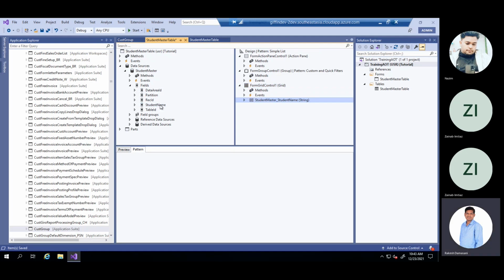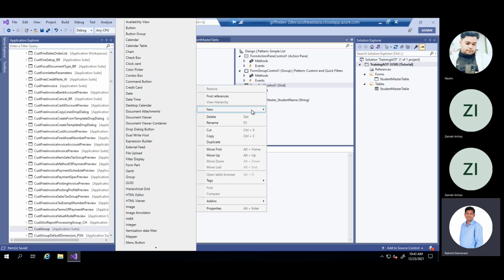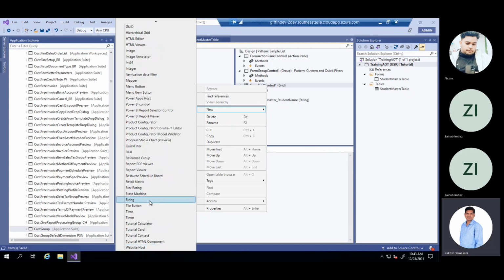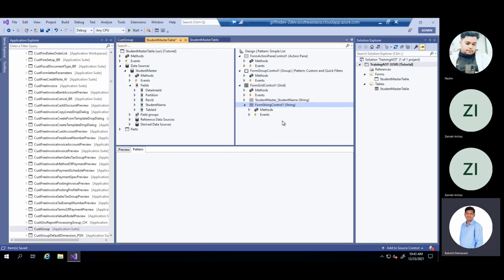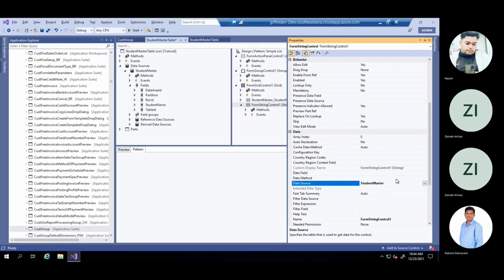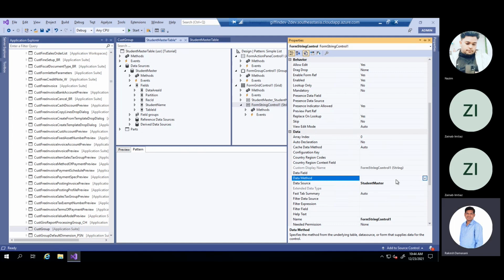Either you can directly drag and drop from the data source, or you can right click, new, as it is a string field, go to string, and again on the properties of that string control, we have to select data source and data field.